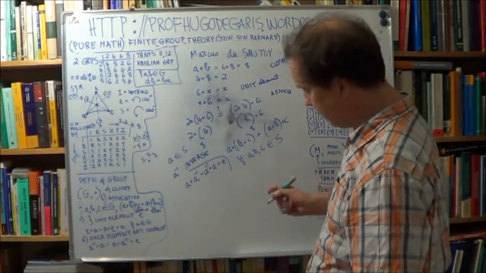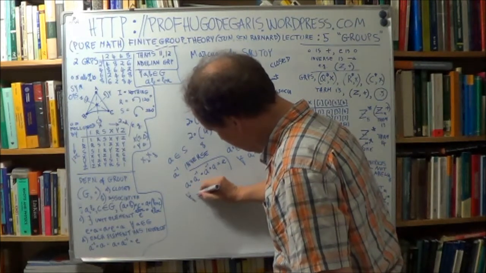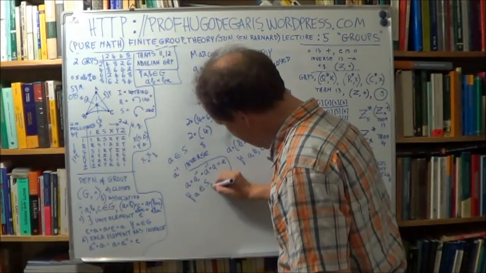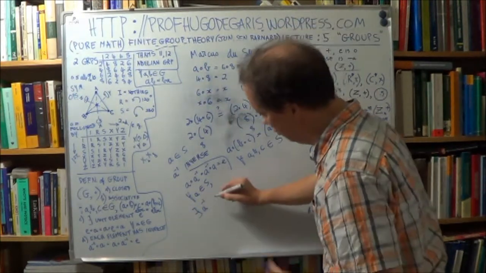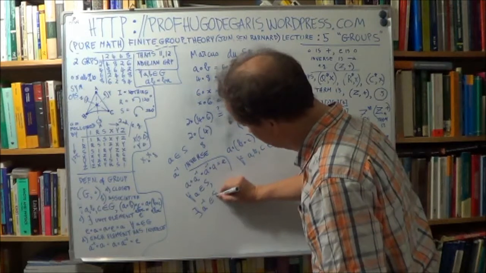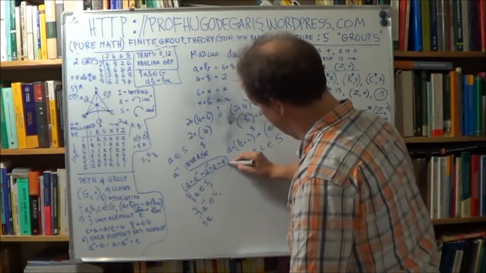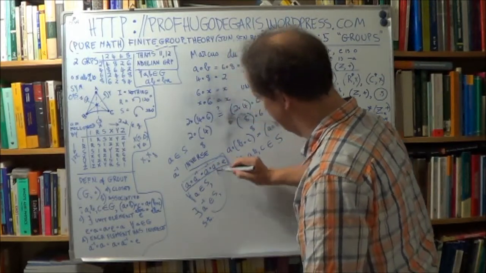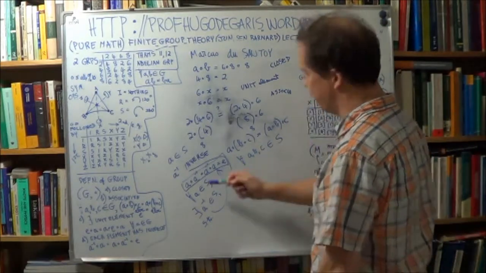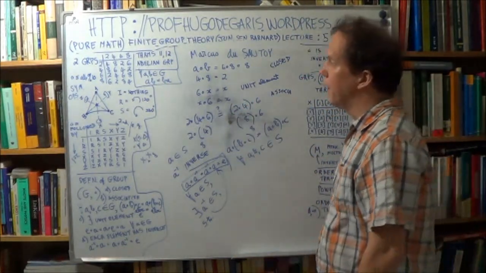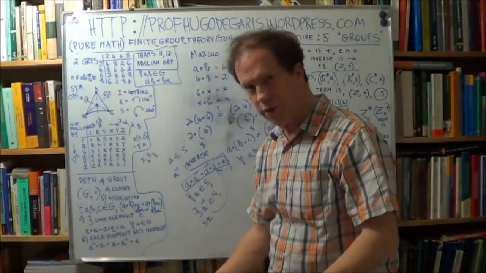Well, and it's true for every element of the group. So for all A belonging to your set, there is an inverse element, usually another element also belonging to the set, such that this is true. Now we put those four properties together, and so these are four very general abstract properties